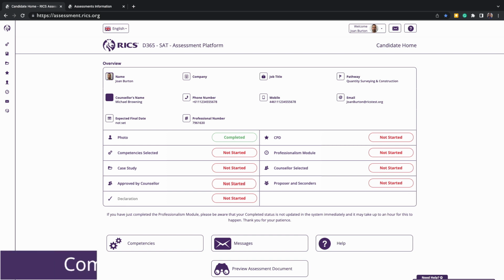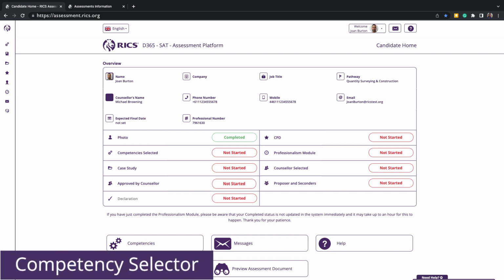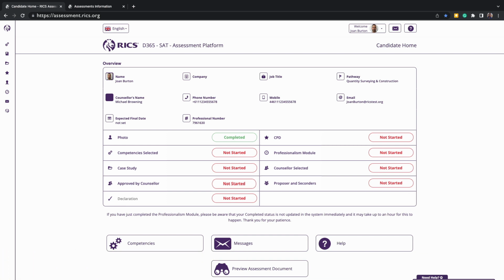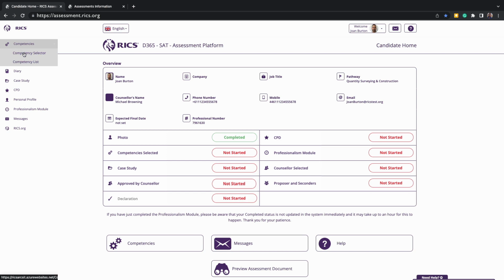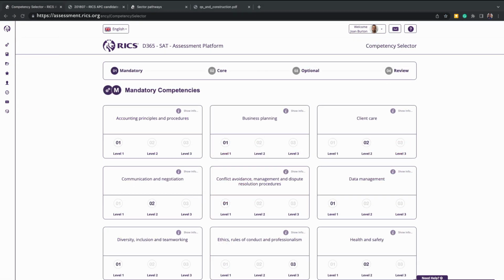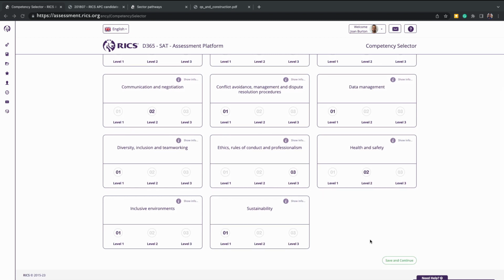Once you have decided with your counsellor on the competencies, you can complete the competency selected section within your platform. You can click the navigation bar on the left-hand side of the screen, click on competencies, and then choose competency selector. The mandatory competencies will appear first. As these are common to all pathways, these cannot be edited, so please click Save and Continue to move on